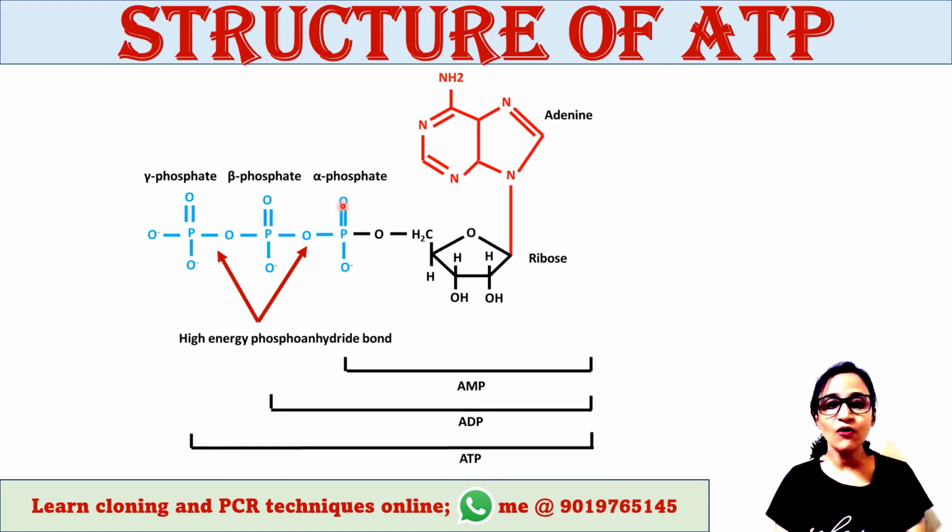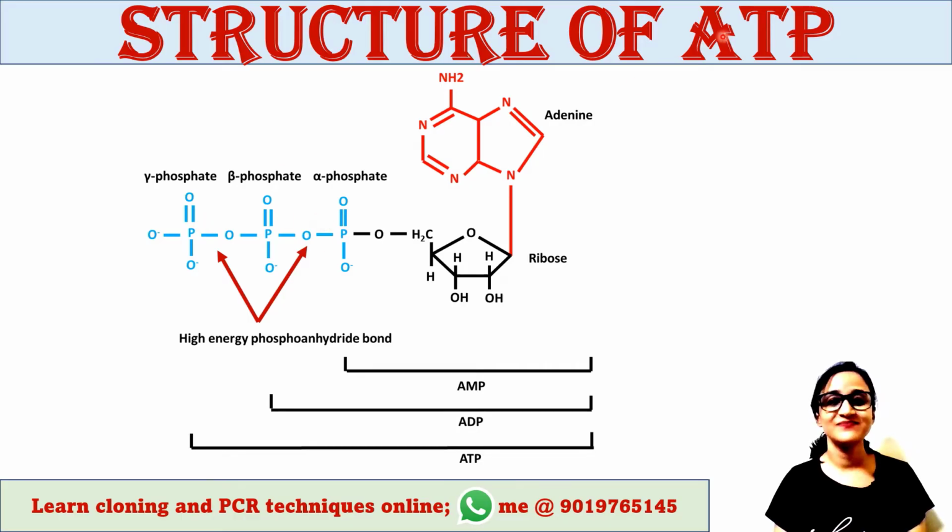So the addition of a second or third phosphate: the second phosphate is called beta phosphate and the third phosphate is called the gamma phosphate. And the addition of this beta phosphate and gamma phosphate to AMP results in adenosine diphosphate or ADP, or adenosine triphosphate or ATP. And anionic properties of nucleic acids are due to the negative charges contributed by